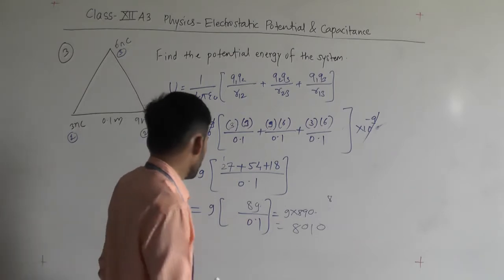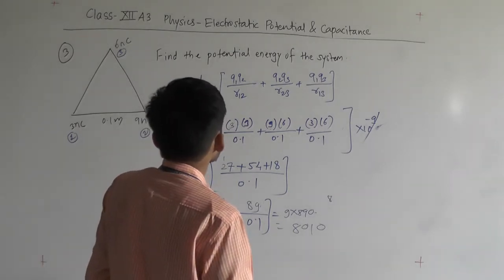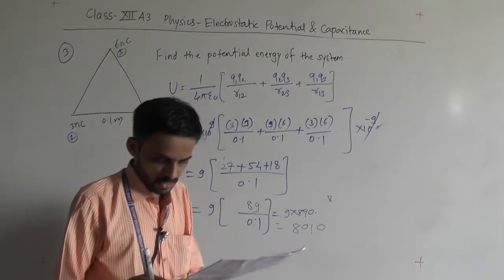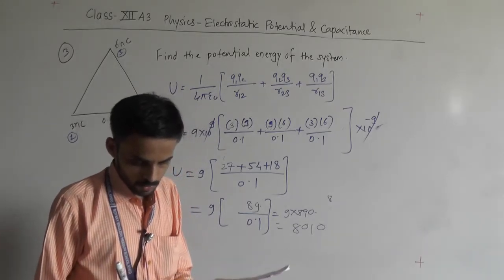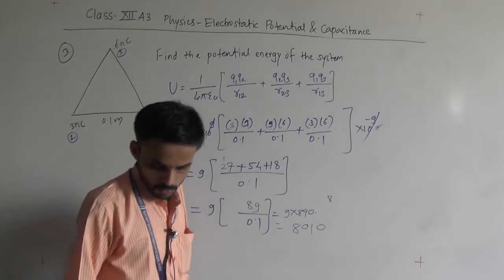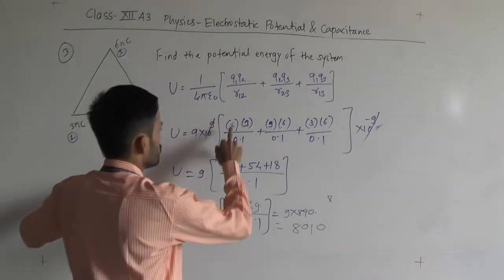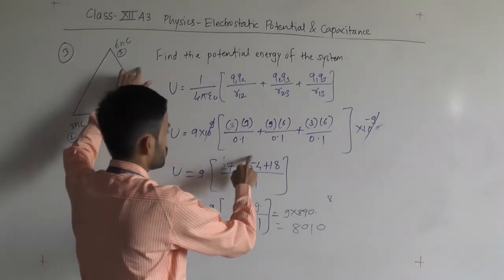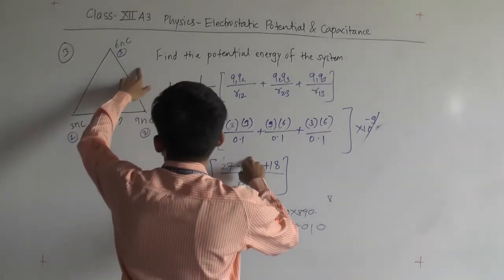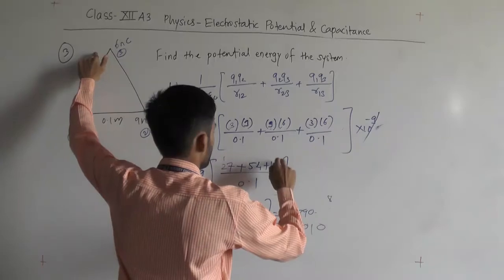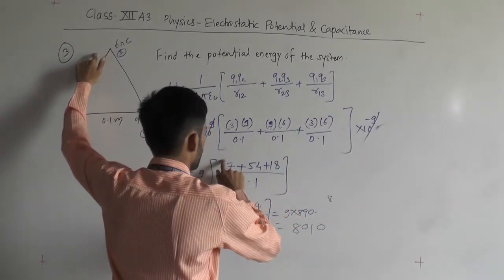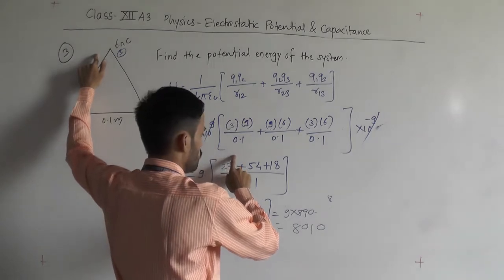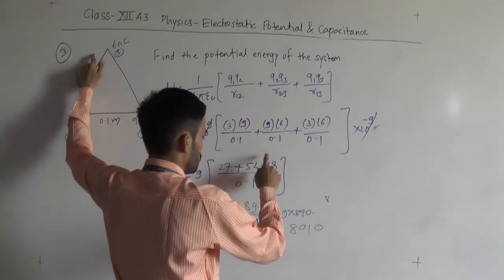Let's check that. What is wrong with that? Okay, Q1, Q2. Let me check. 3, 6 and 9, na? 0.1 meter. Okay, so we have to check. 3 9s are 27, 9 6 are 54 and 3 6 are 18. So 27, 54 plus 20, 74 plus 7, 81, 81 plus 1, 89 plus 99.